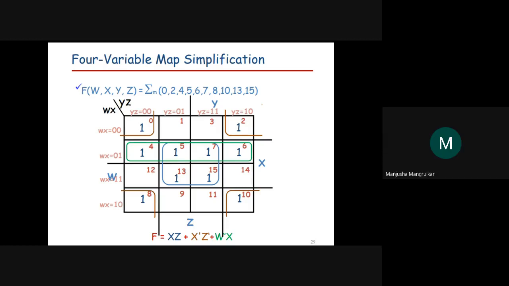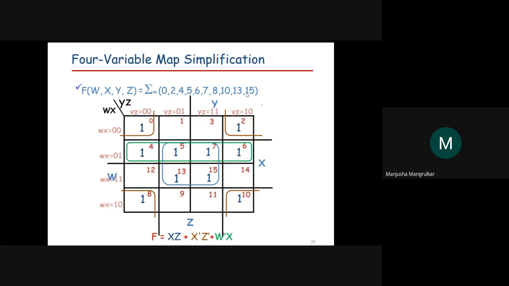Okay. Then you have to see 0, 0, 0, 0, 0, 0, 0, 1, 0, 0, 1, 0, 0, 0, 1, 1. This is 3, right? So first you have to put all these 0, 1, 2, 3, 4, 5, 6, 7, 8, 9, 10, 11, 12, 13, 14, 15.